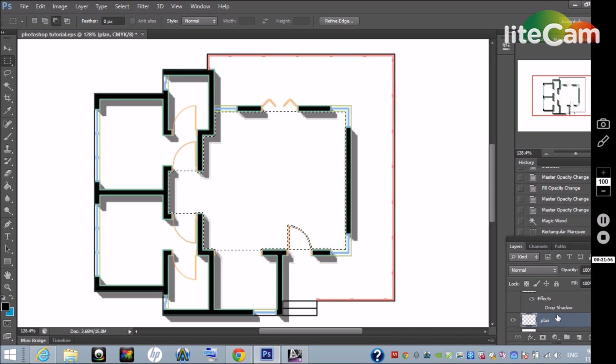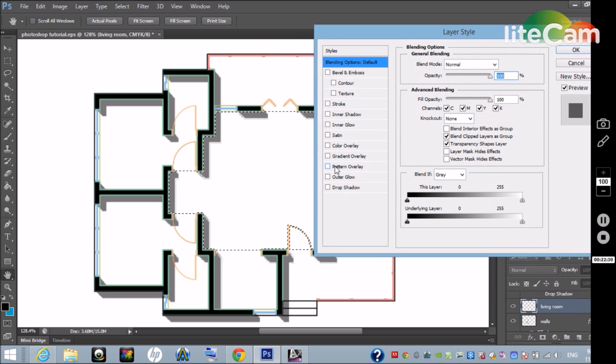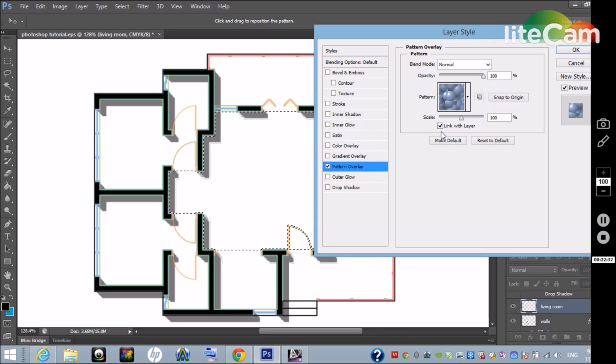a wooden pattern. So what we're going to do is, after the shadows, or no, before the shadows, make sure that the copy of the plan and the wall shadows and the walls are always on top. Or we don't need the walls to be on top, so it's okay. So right here, we're going to write living room. And then double click on living room, choose pattern overlay,